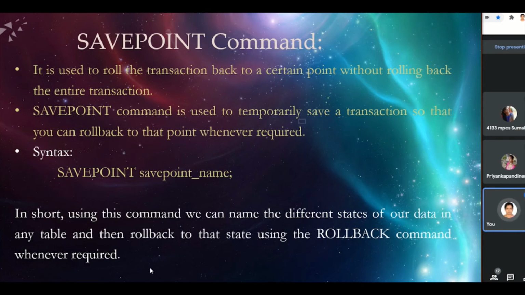We are performing different operations on the tables, and for particular transactions we give savepoints that can be rolled back by using this rollback command.